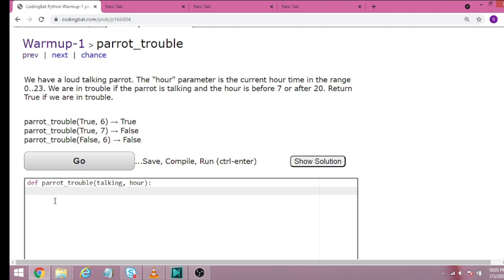You can see this. We will return in the same way, with a return statement. talking and hour less than 7, or talking and hour greater than 20.